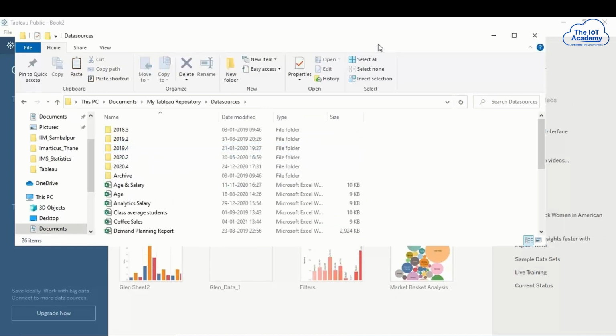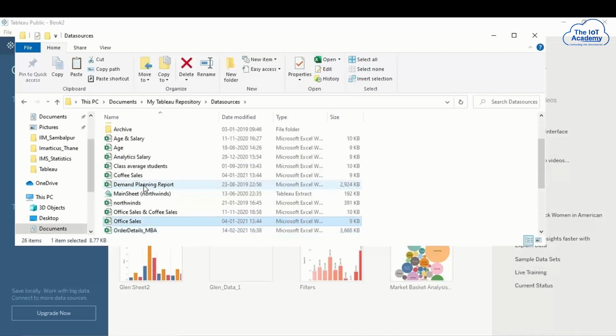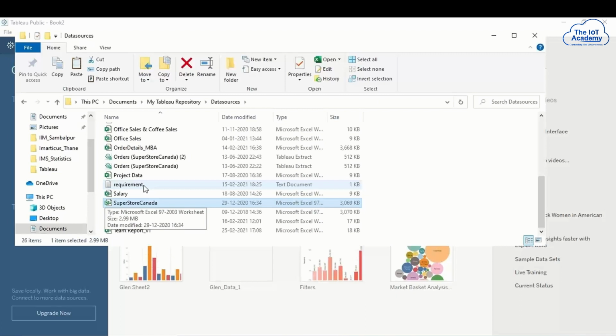Now, in my case, I've already done it. So if I scroll down, I'll have this file here, Superstore Canada. Okay, so this